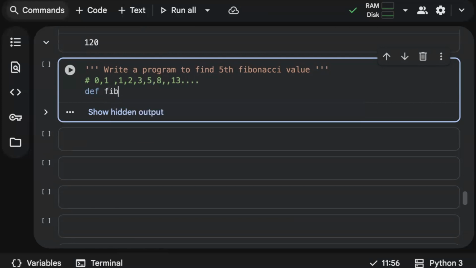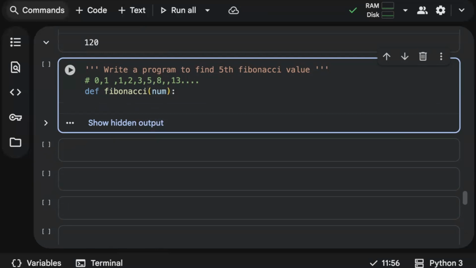So I'll define a function, and let me call Fibonacci with a number. We'll write the logic. We have understood that the initial Fibonacci values should be 0 and 1.